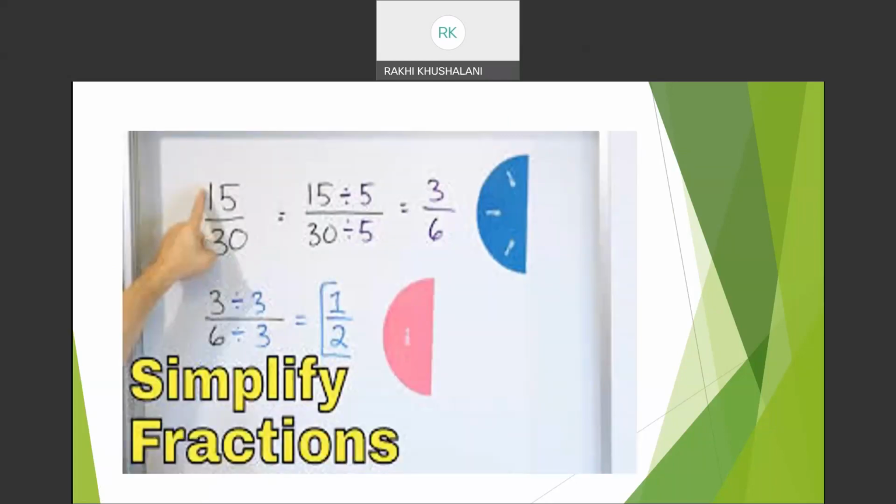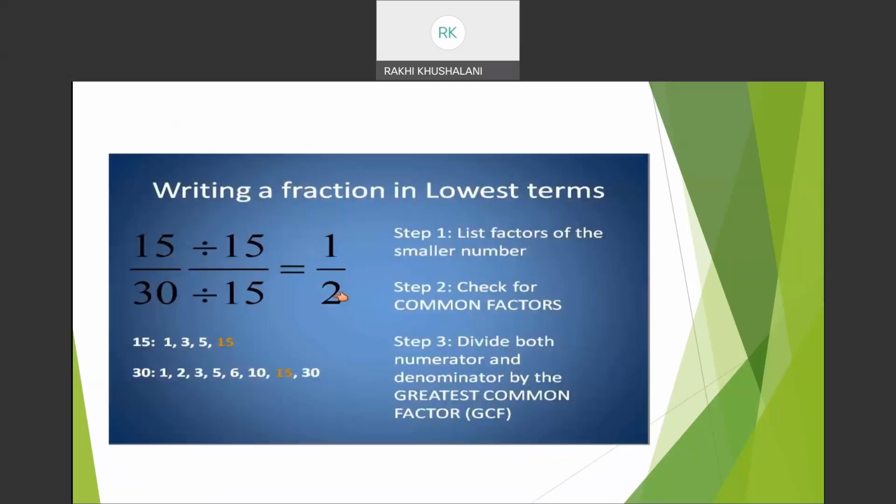Now, as I was telling in the previous section, आप उसको अलग-अलग division भी कर सकते हैं. पहले 5 के साथ, फिर 3 के साथ, या पहले 3 के साथ, फिर 5 के साथ. आपको end में 1 by 2 ही मिलेगा. But you know, it gets a bit complicated. In this particular number, 15 by 30, as it was previously also, it's okay.